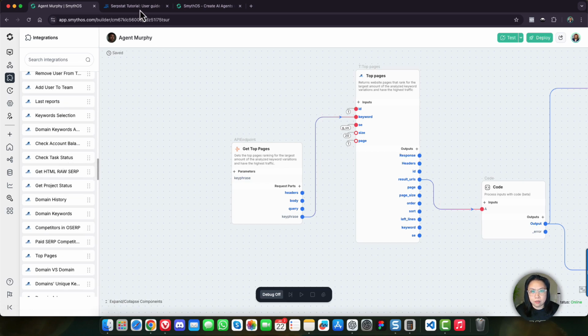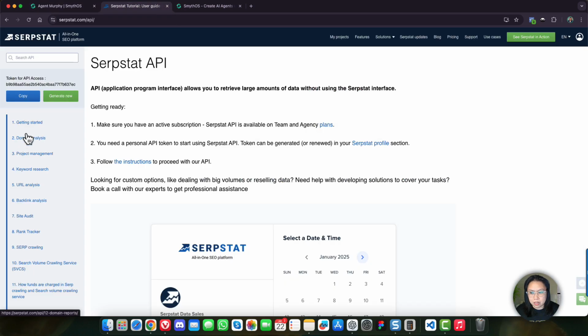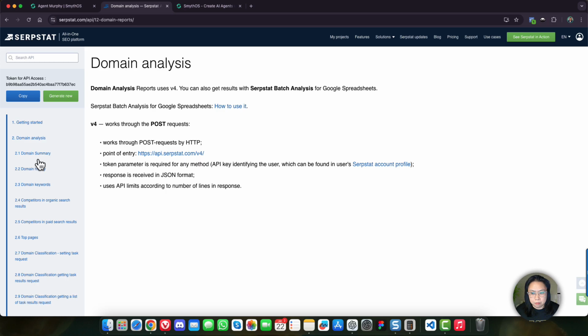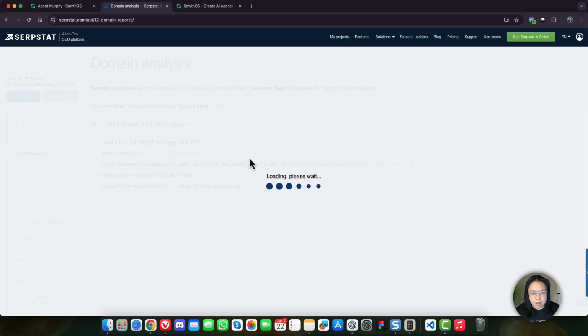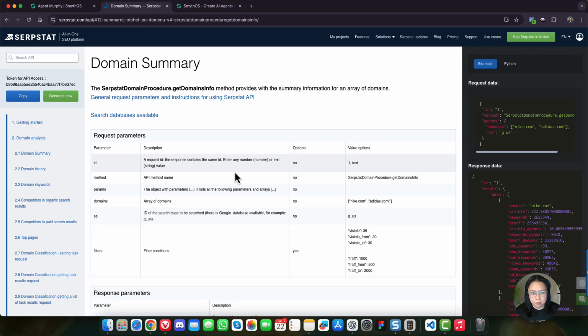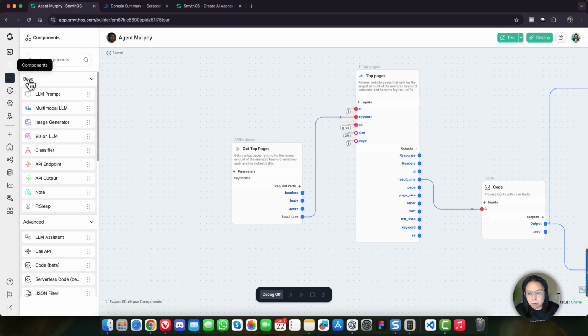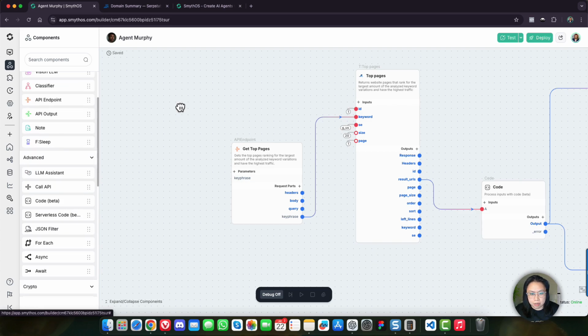If you look at SerpStat's tutorial, every one of these pertains to a certain API call or API request. What we did is we already added those, so you don't have to do it manually, although we allow manual API call configurations through our native API call component, this one.